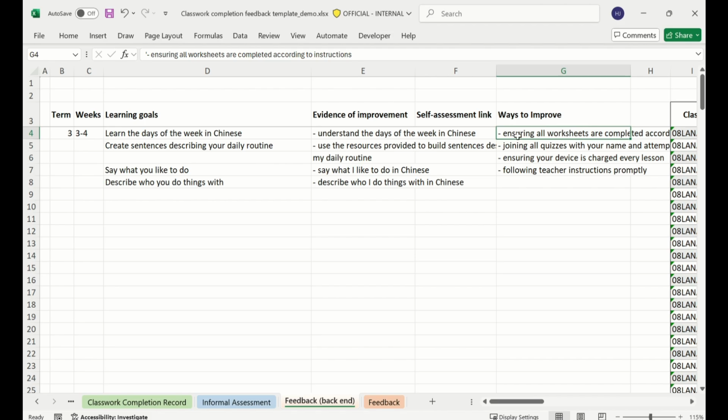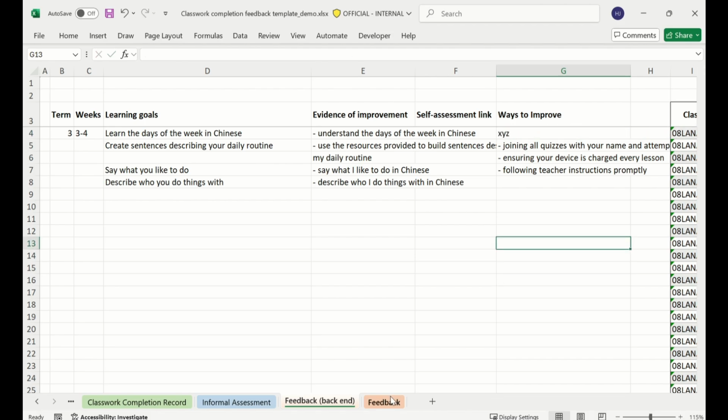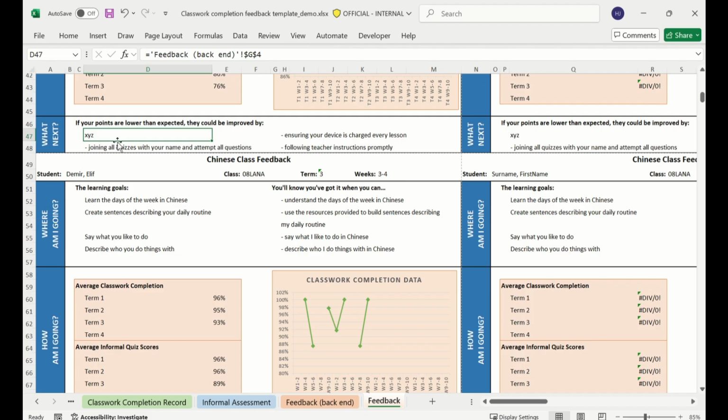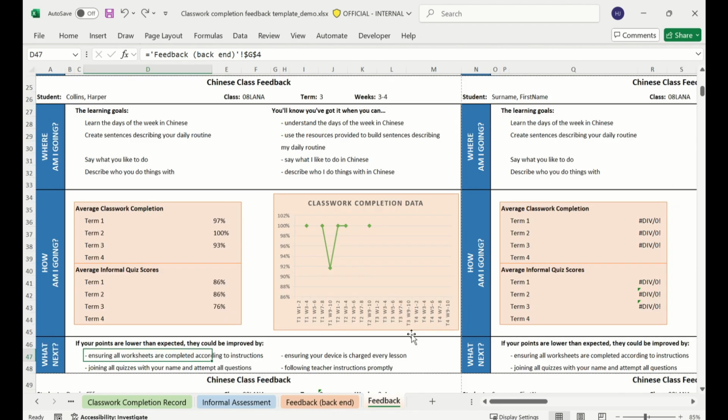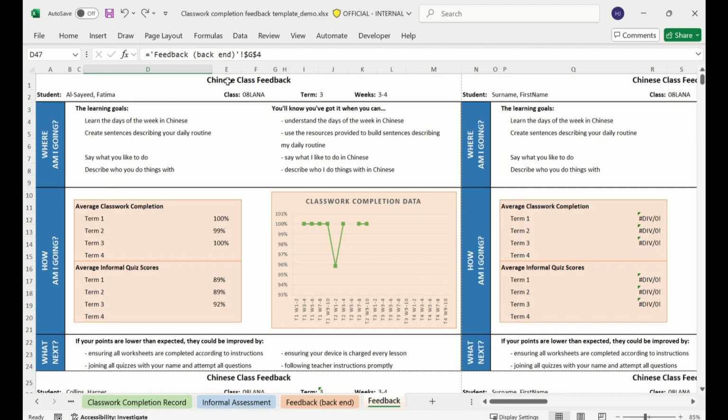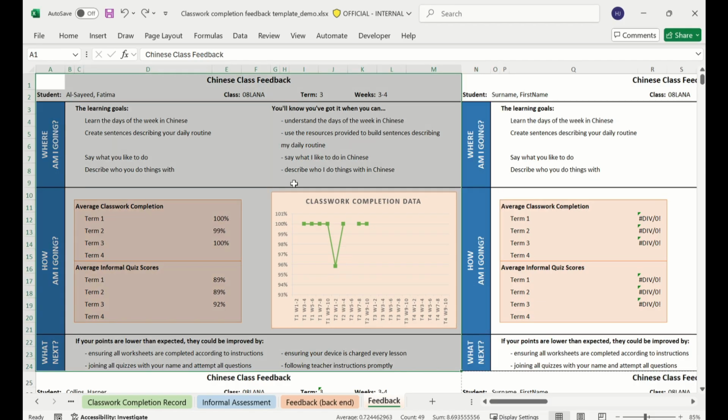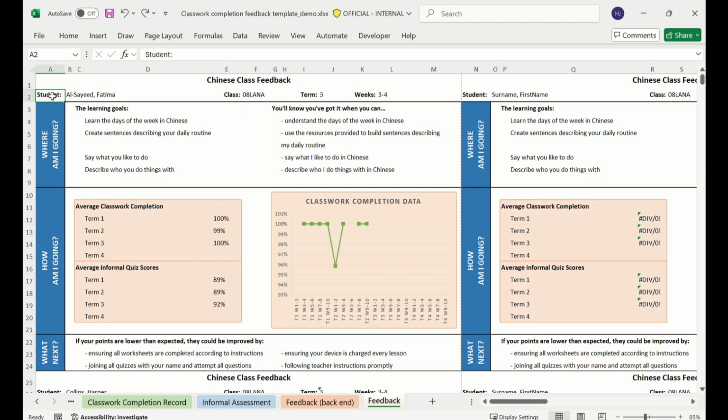Then also the ways to improve. Whatever you type here, it will update it down the bottom here in your feedback. Lastly, whatever you change here on this very first sheet from A1 over here, whatever you change in terms of the student, this title up here, and these ones in blue, it will change it for every sheet. So if you wanted to change the title of this sheet, you would just simply change it to class feedback,